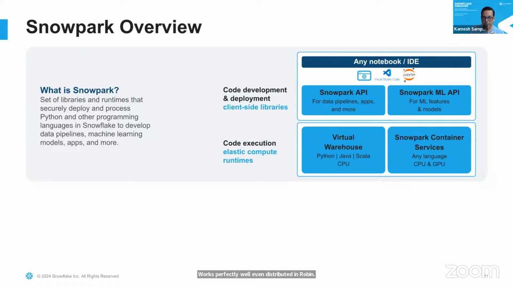When you come a little bit lower, where the code actually gets executed, where we want more of a sandbox kind of environment for Python, Java, or multi-language, that's where we have those virtual warehouses. We'll see how we create the virtual warehouses when you do the hands-on lab. It's nothing but a computer that's going to run your queries or run your ML models, etc. And Snowpark Container Services goes one step further. Because I'm going to do ML, I want to have GPU support, apart from CPU support. Then I go for Snowpark Container Services, which gives you that GPU support as well. Okay. So that's in a crux.